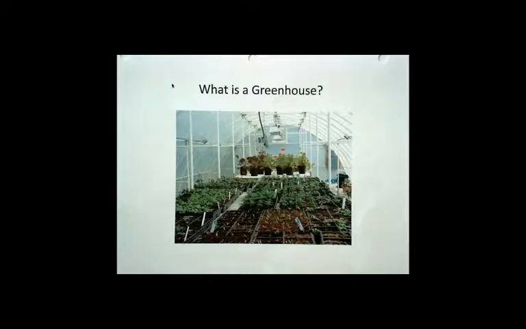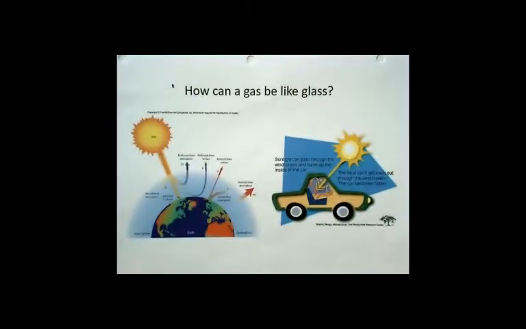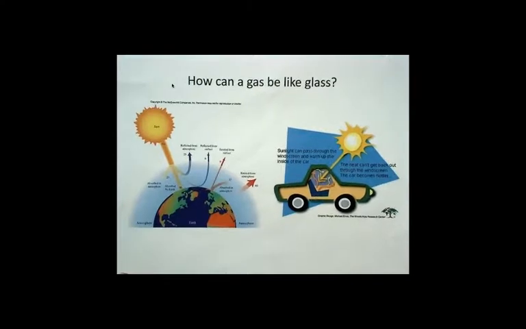Sometimes the plant is grown to maturity in the greenhouse. Sometimes plants are grown and then transferred, transplanted, and they finish growing and producing their crops outside the greenhouse. But the bottom line is that it's warmer on the inside of a greenhouse than it is on the outside of a greenhouse, and visible light can clearly get through. Right? So since greenhouses are covered with either glass or plastic, and we refer to gases as greenhouse gases,